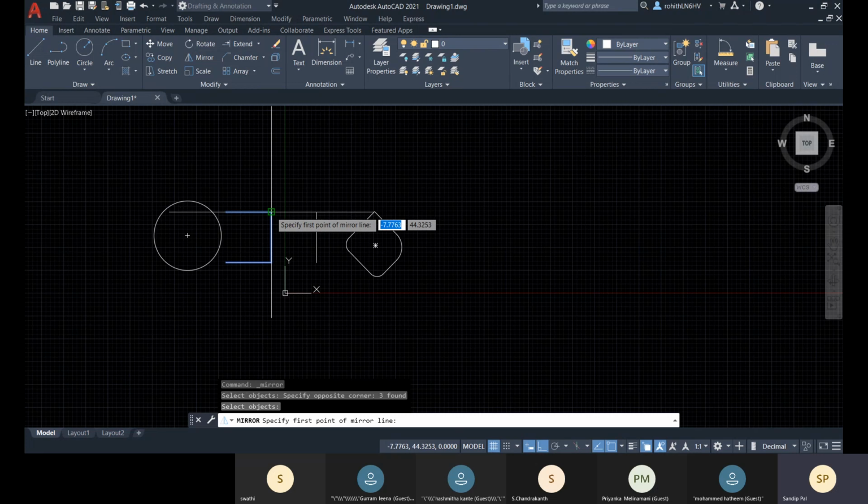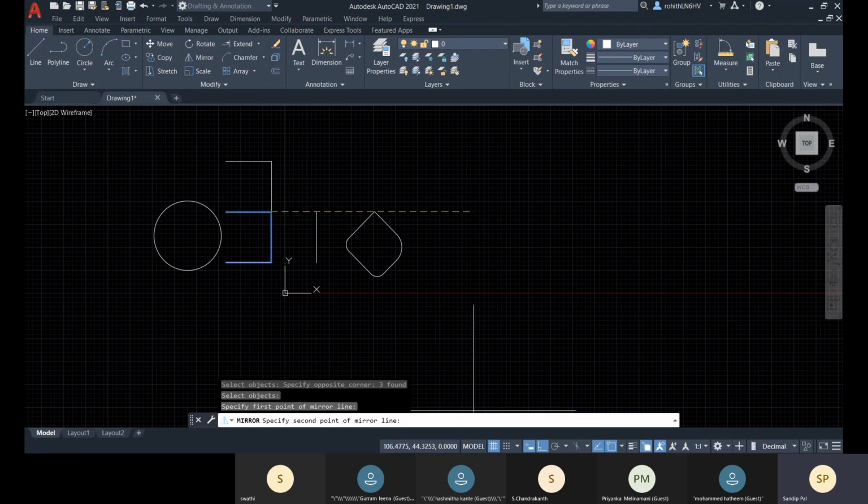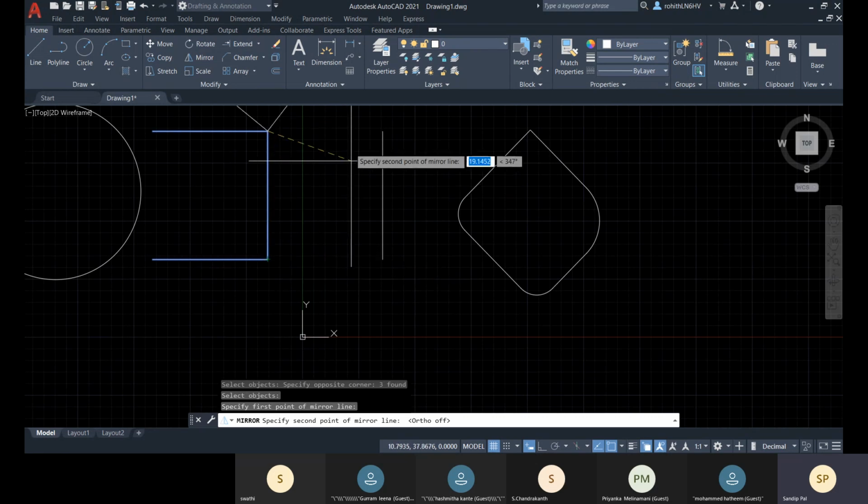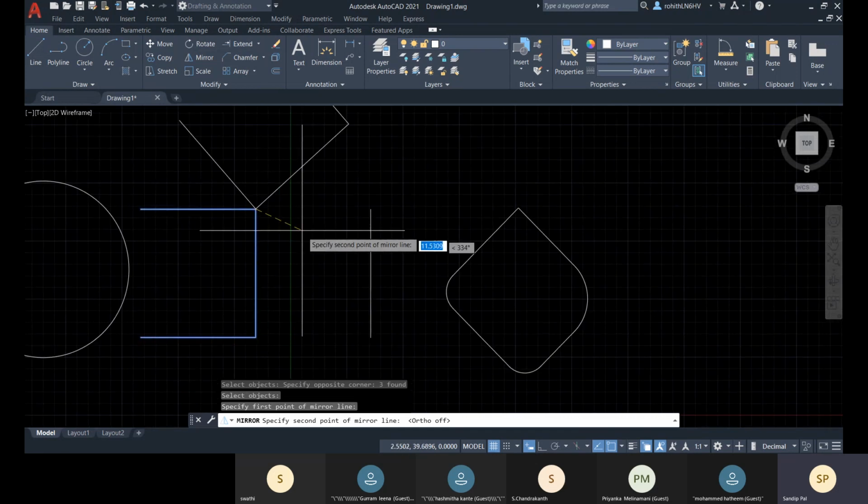Like let me select this as a first point, and now if I deactivate this ortho mode, and the first point is there, and if I go for this as a second point, I'll get this as a result.